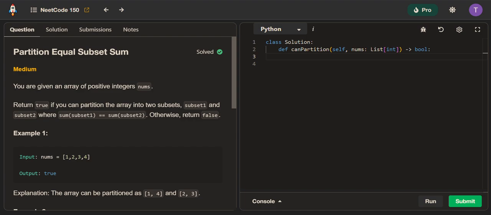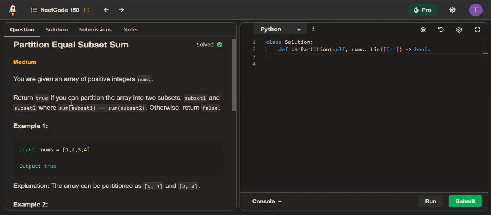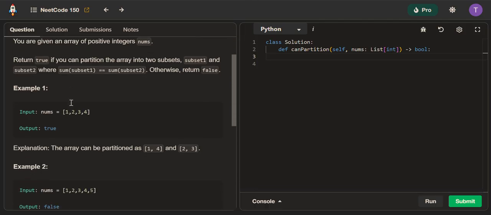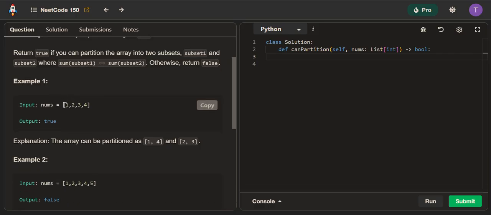This is problem 110 of Neetcode 150. Partition Equal Subset Sum. We are given an array of positive integers, and we want to see if we are able to split that array into two subgroups whose sums are exactly the same. For example, here, if we're given an array containing 1, 2, 3, and 4,